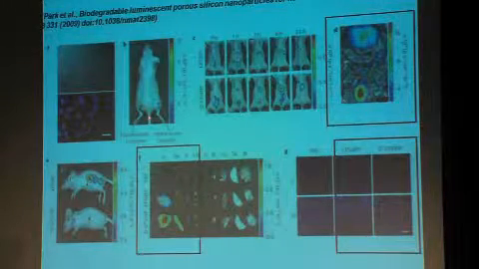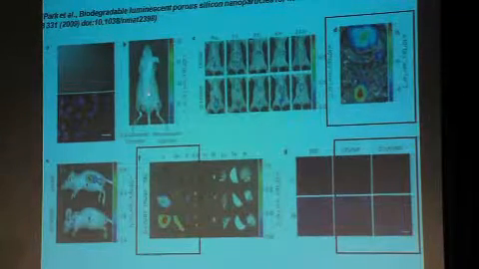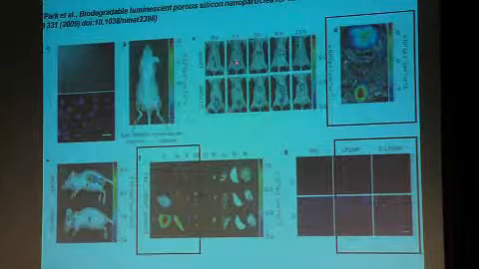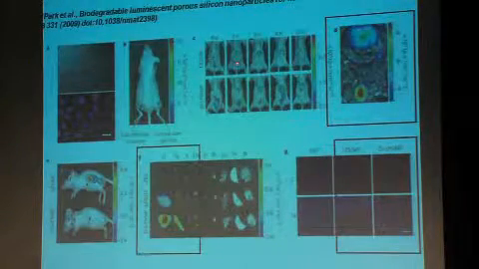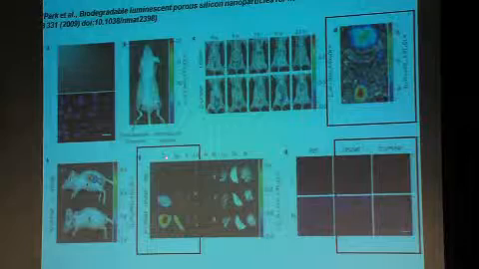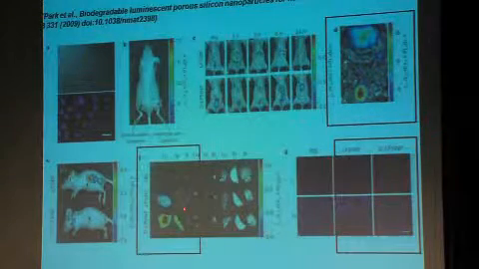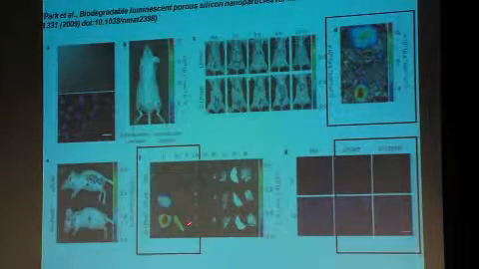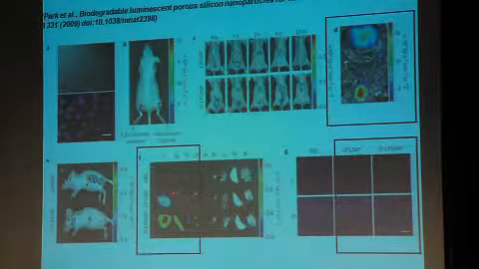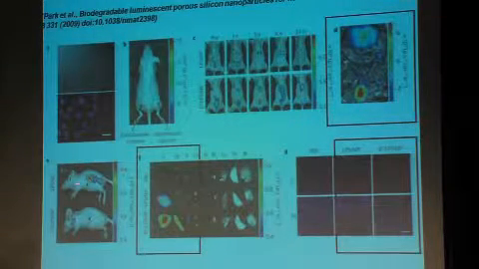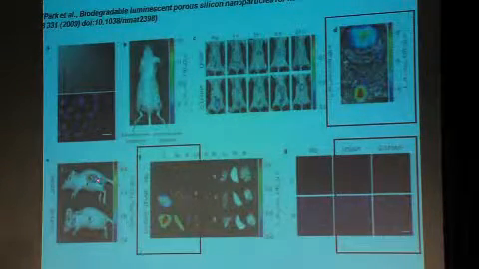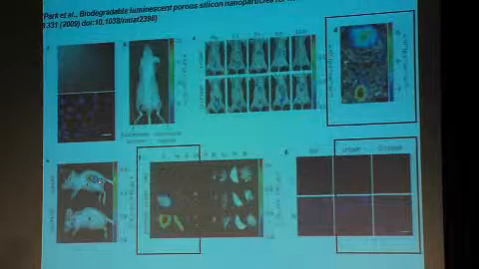What this data shows is that when you do the injection, of course, you can get to the 2 solid tumor sites. They have ectopic solid tumors on the hind legs of both of these mice. They inject it in the tail, let the particle circulate for a while, and what they see is very high distribution in the liver and lungs. We see huge intensities of these particles lighting up in the kidneys and the lungs, and here we see the side of the mouse showing the kidneys and the lungs and the liver in 3 side profiles.